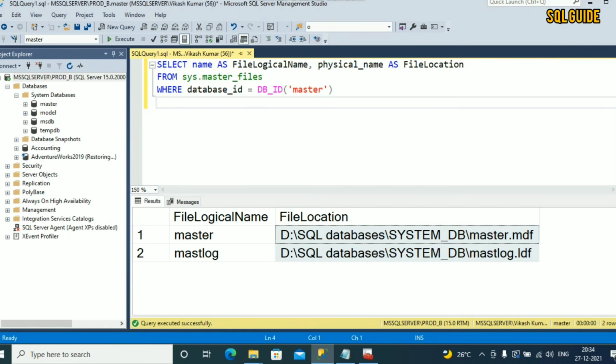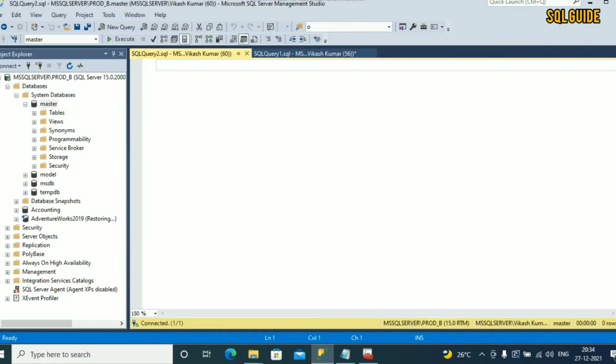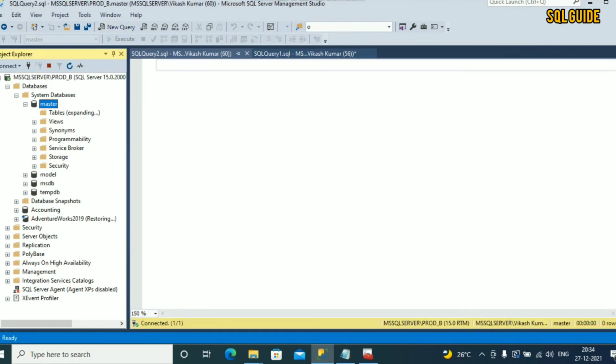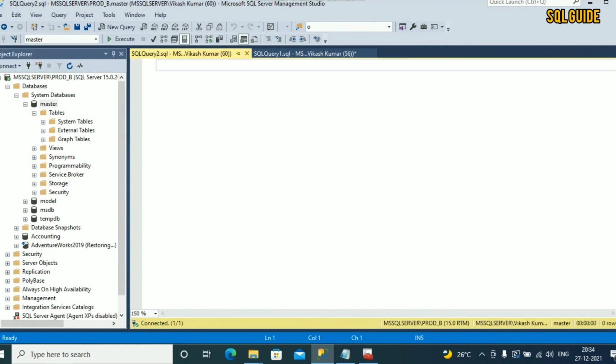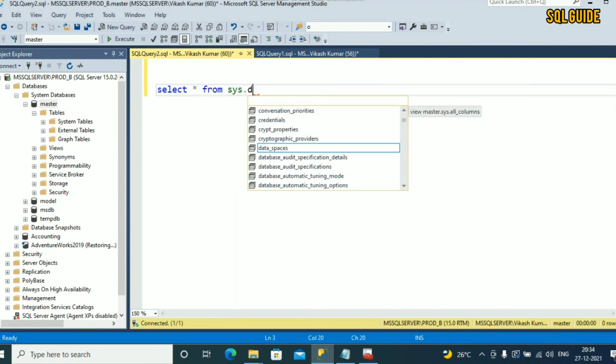You can check the SQL error log, and you can go to the tables and query some of the tables, like select from sys.databases.